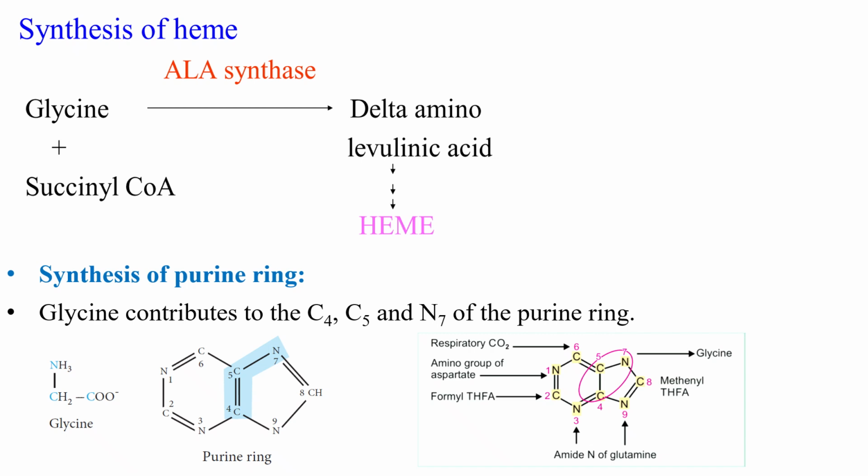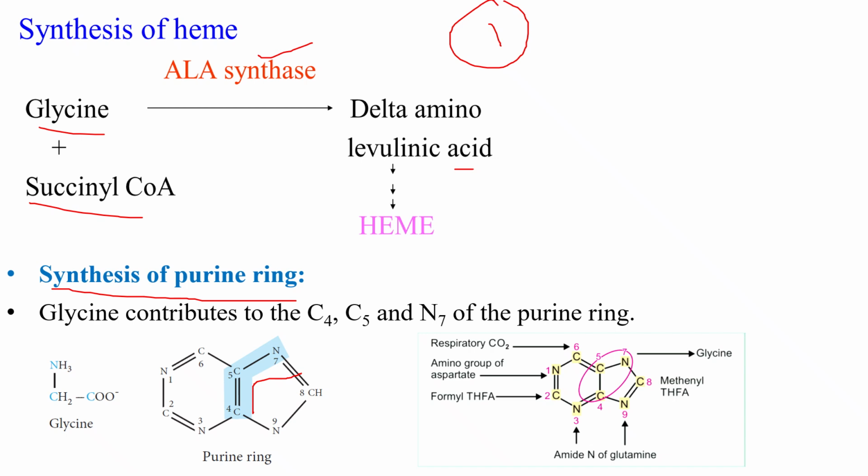Glycine combines with succinyl CoA and forms delta ALA. This is the first step in heme synthesis, by the enzyme ALA synthase. So without glycine, there is no further reaction. It is involved in heme synthesis and is also involved in the synthesis of the purine ring. Glycine contributes the C4, C5 and N7 of a purine ring. You can see the purine structure,